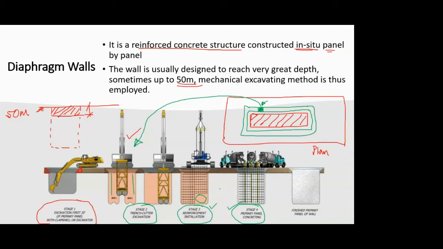So as soon as it starts rising, you pump it simultaneously. Whatever is the rate of rising of that bentonite slurry, you balance it by the pump you have installed to pump out the bentonite slurry. And like this, concreting and pumping out of bentonite slurry goes on simultaneously, and at the end you get a finished panel of your diaphragm wall. And this is just one panel. Like this you have to go on doing for all the panels and then create a diaphragm wall.